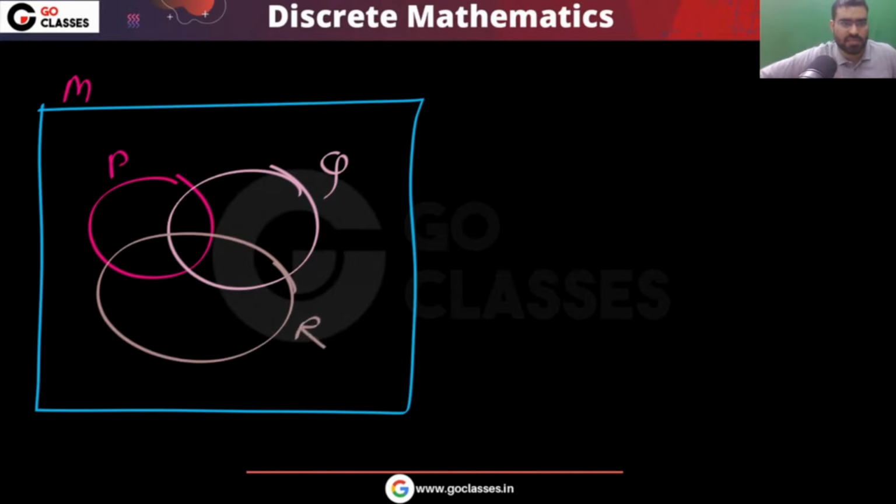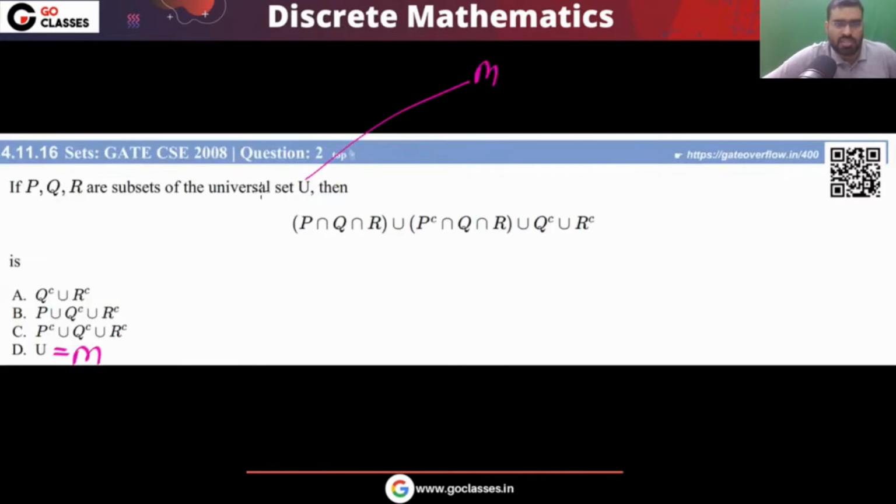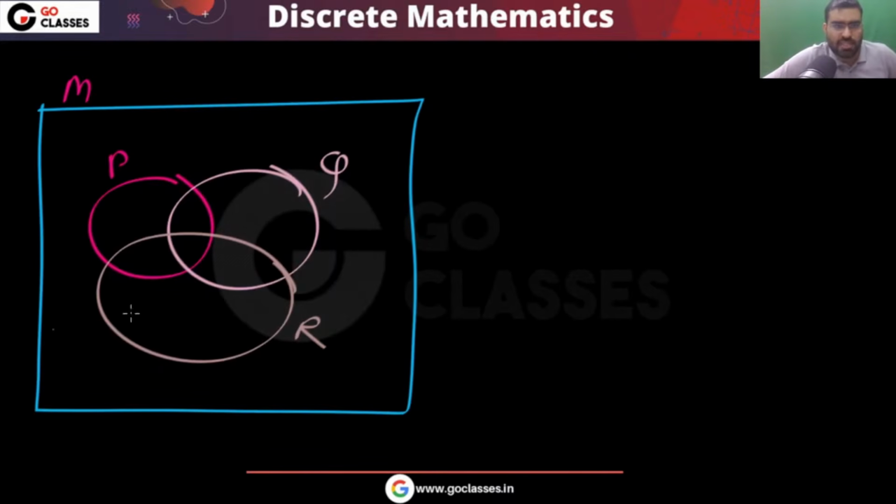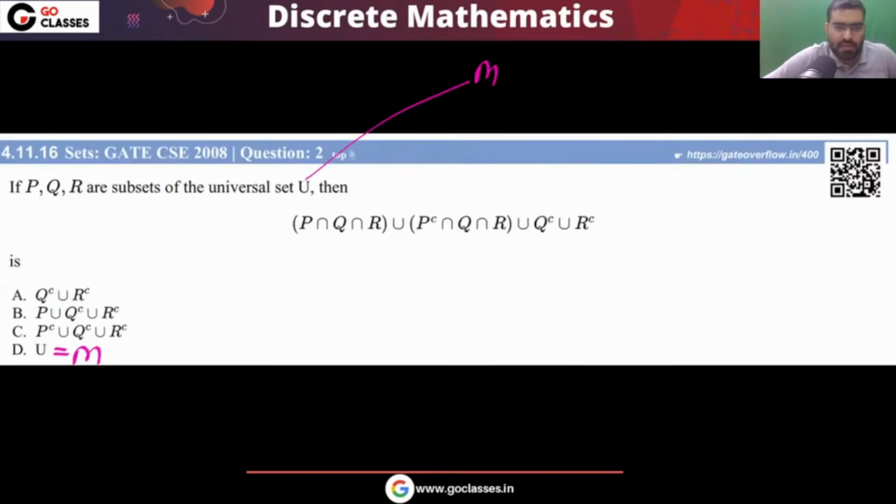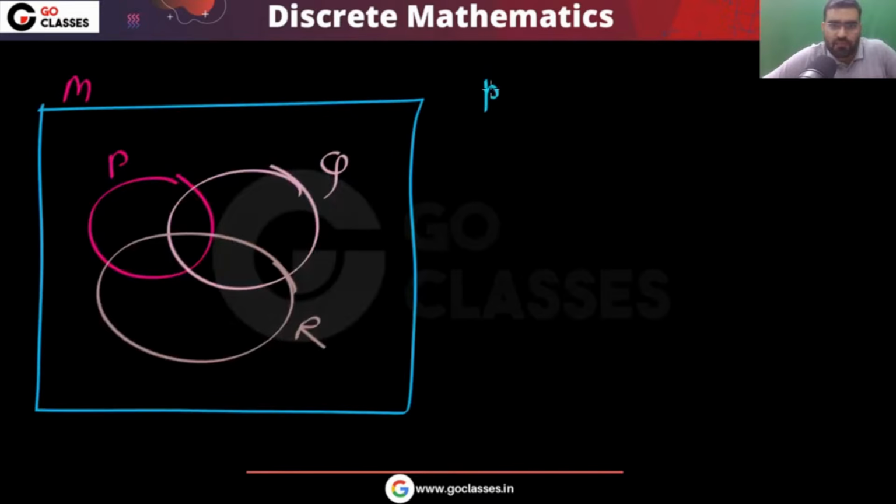So you have three sets. Now, what is the question asking? The question is asking this area, union this area, union this area, union this area. Okay, so let's see one by one. Very simple if you solve this question like this. First of all, P intersection Q intersection R. What is this area? Then the question is asking union